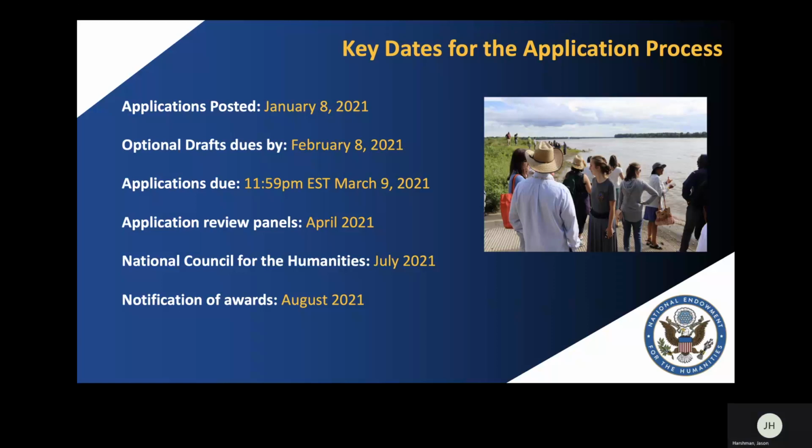After the application review process concludes and recommendations are made, then the National Council for the Humanities will convene in July of 2021 to discuss and make final recommendations. As noted in the guidelines, on average, we have awarded 14 grants for this program over each of the last 3 years, but please know that this is not a ceiling. We do not know going into any review panel process or when the National Council for the Humanities convenes how many programs will ultimately be funded. The 14 that have been funded on average over the last 3 years, again, is only an average.